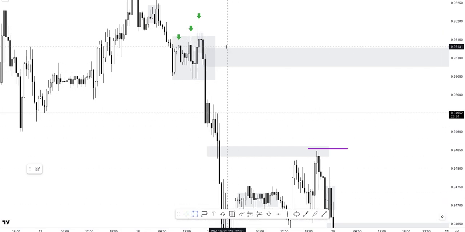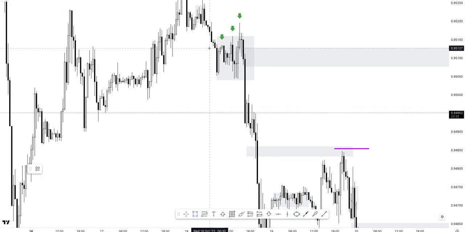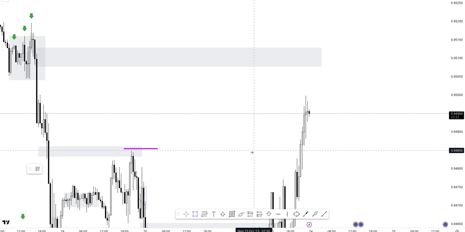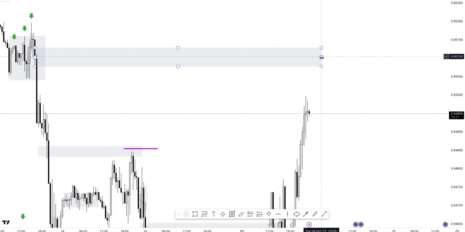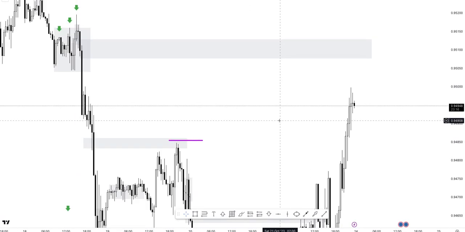So here you can just ignore what I said and just look at the actual gap and trade that if you want to. Once you have your zone here on that gap or order block or whatever you like to trade, this would be considered my point of interest. So these gray boxes that I draw here are areas of interest that I'm interested in